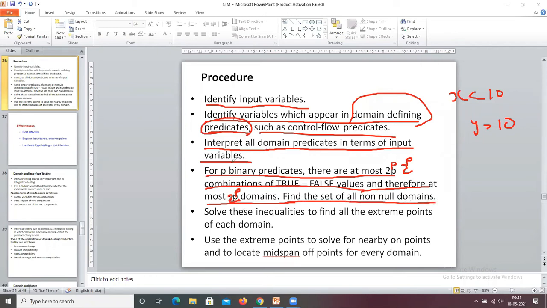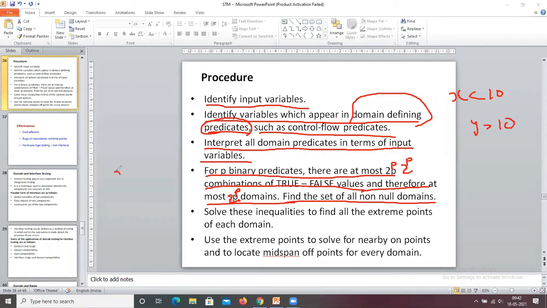The fourth step is, for p binary predicates there are at most 2 power p combinations of true false values, and therefore at most 2 power p domains, and find the set of all null domains. The result is a Boolean expression in the predicates consisting of a set of terms joined by ORs.